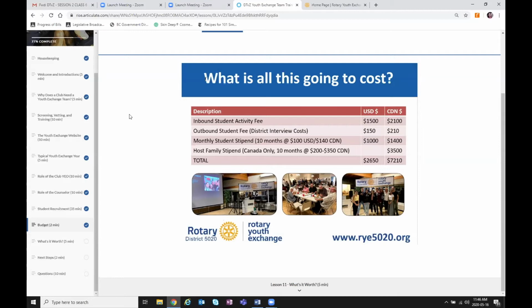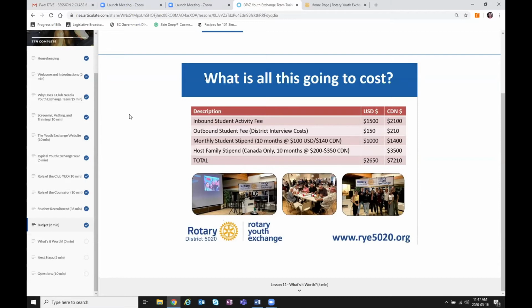It's around $100 US, $140 Canadian. My club, for example, we pay $110 and we pay for her cell phone, which I think we have her on a $35 plan. In Canada, we give our host families an honorarium or a stipend. My club, we pay $400, but it varies from $200 to $400. And so in total, it is a little more in Canada because we're paying for the host families.